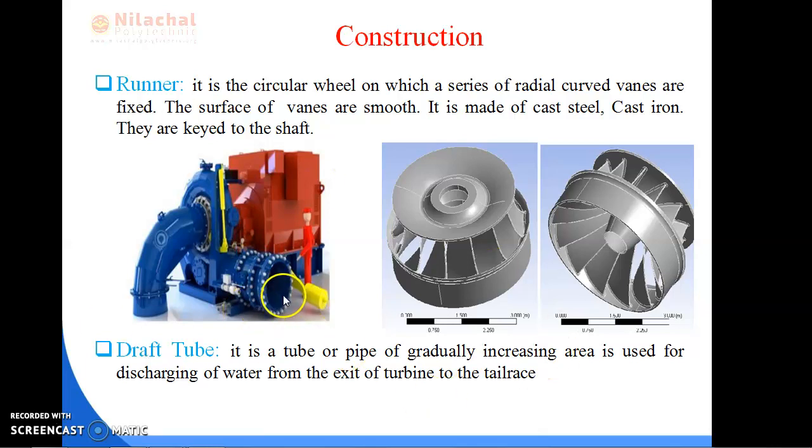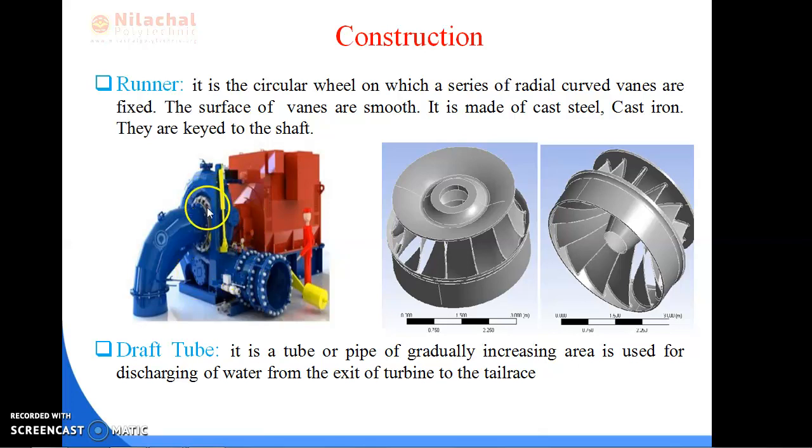As shown in the diagram, we are having a reaction turbine. This is the inlet end, this is the outlet end. The water flow may take place along this passage, and also in a direction parallel to the shaft. So what are inward flow reaction turbine and outward flow reaction turbine?